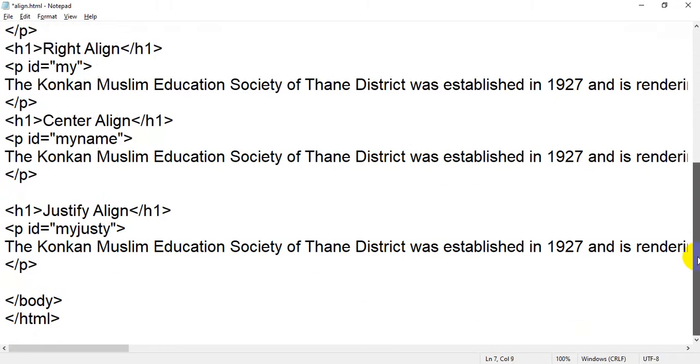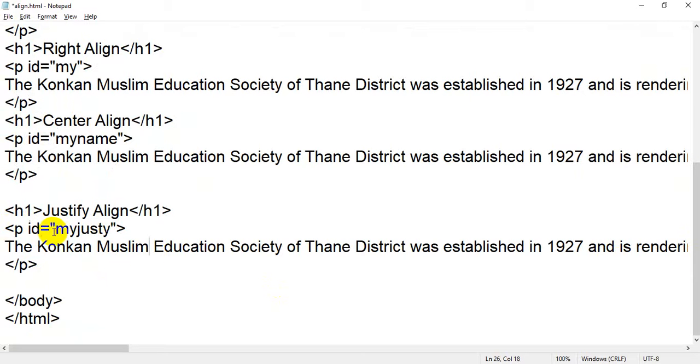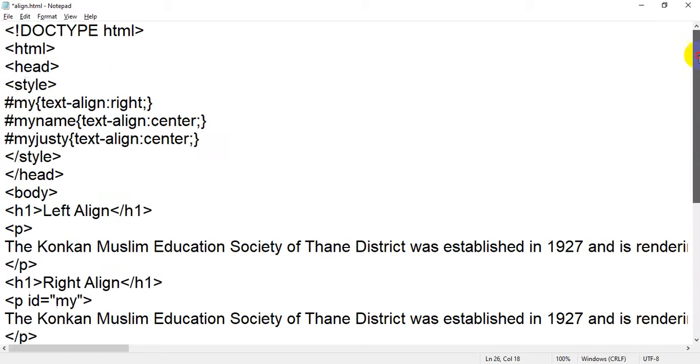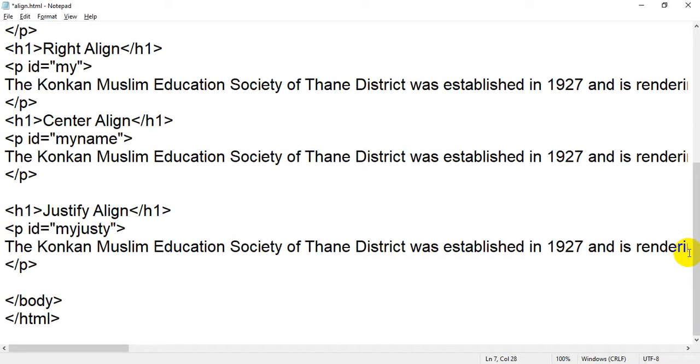I have taken one more paragraph, that is this one, and the ID of this paragraph is myjusty. So I have added inside the CSS myjusty, and text-align equal to center, so I will change it to justify.